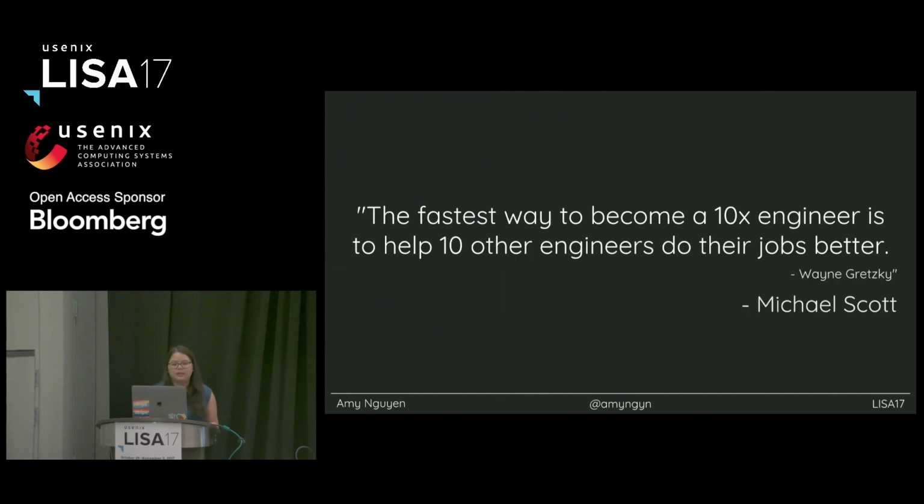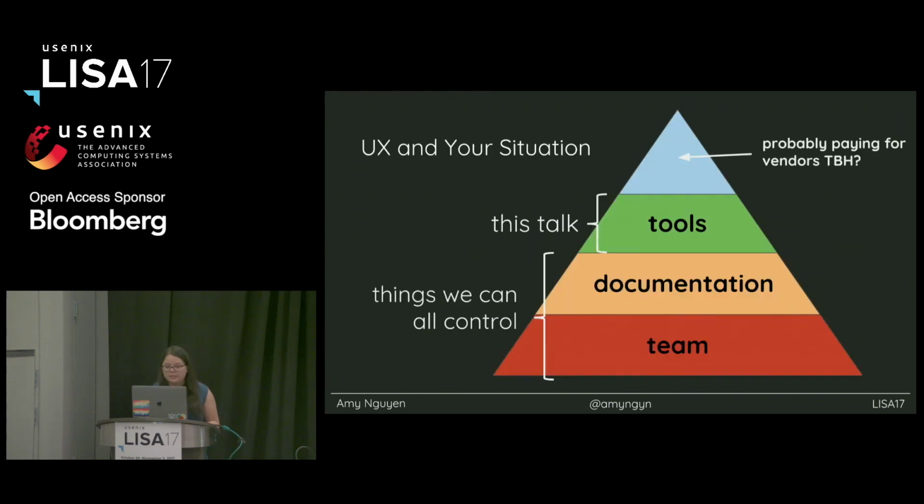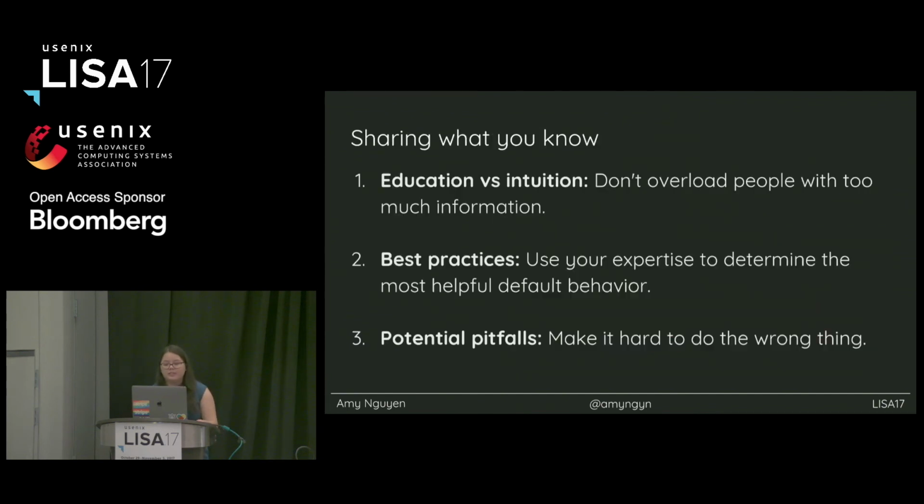So to recap, my favorite quote: the fastest way to become a 10x engineer is to help 10 other engineers do their jobs better. Again, if you can build a tool that people actually enjoy using or that helps them reach conclusions really quickly and independently, then you're already doing a great job. You don't have to be building an internal tool in order for this stuff to be relevant. If you think about applying these tools to how your team works or how your documentation works or even your command line tools, we'll all be better for it.